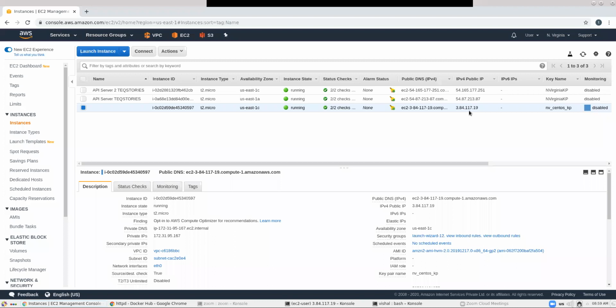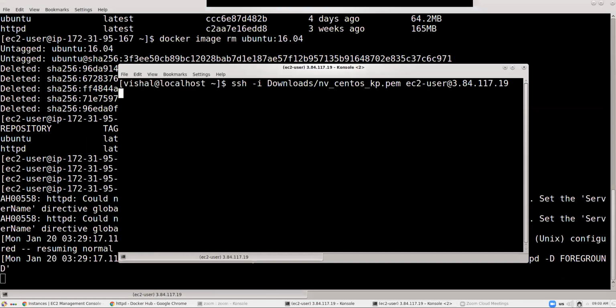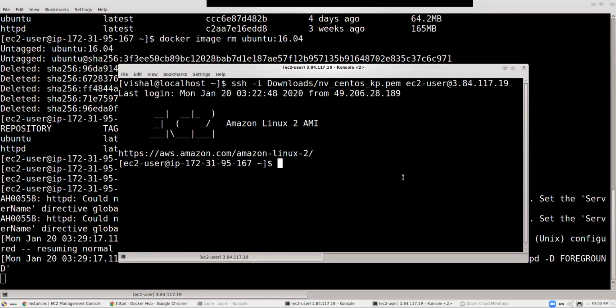See, I am trying to log into this machine. The internet connection is unstable. It is flying anyway. When I'm logging into this machine, from here, if I run docker container ls, okay,